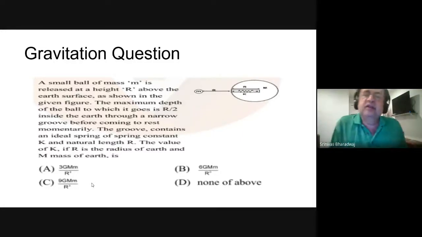See, these kinds of experiments will never happen, as you may have guessed, but they like to ask such questions. So they think with questions in mind, and they come up with such questions. Now the groove contains an ideal spring of natural length r. The value of k, if r is the radius of the Earth and m is the mass of the Earth, is